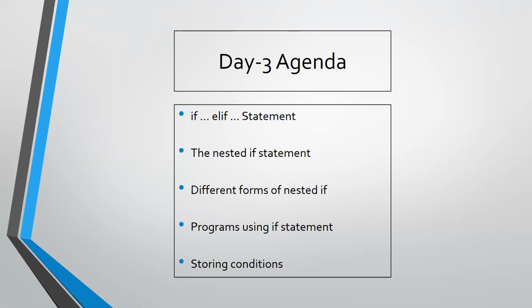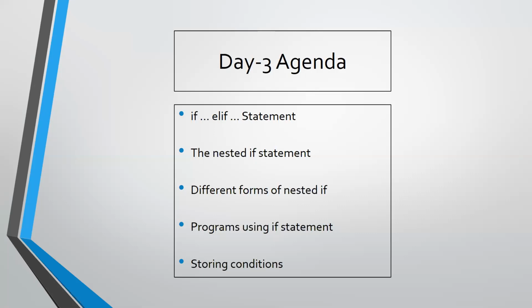Okay, so to calculate the area or perimeter, what is the value that you have to read from the user? Radius. You have to read the radius of a circle. The radius of a circle can be an integer or a floating point value. So what you need to read from the user? Only radius. Either I can go for int of input of, or I can go for float of input of. After reading the value, I have to find either the area or perimeter.